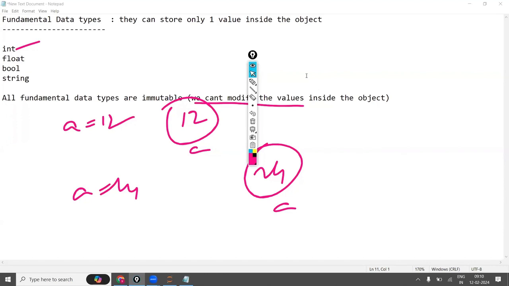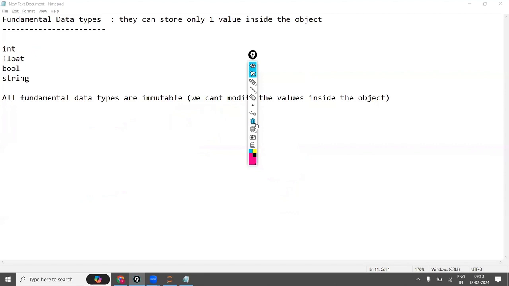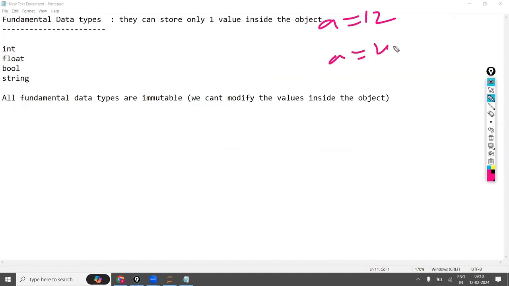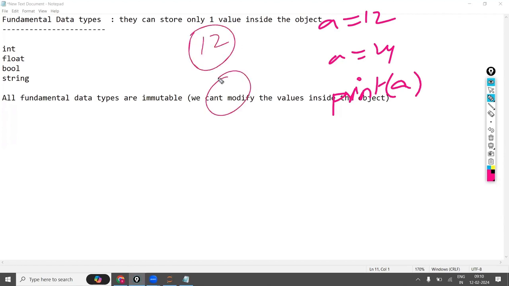So here, if you say that A is equal to 12, the interviewer will ask you like this: can you write A is equal to 12? Yes. Now if you write A is equal to 24 and print A, it is going to print the A value as 24. Now they'll ask you, you only told me earlier that it was 12 and now it is 24, so the latest value is getting stored.